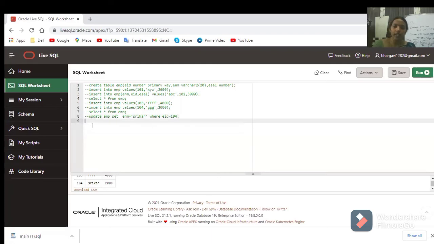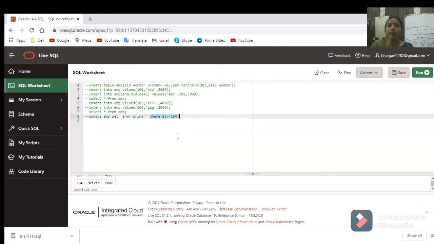Now, here we have different kinds of salaries for all employees: 3,000, 2,000, 4,000, 3,000. If I am not writing the where condition, what will happen? Whatever update you are doing will be applicable to all rows at the same time. However many rows you have, that many rows will get the name Shrikar. So, you must specify where you want to modify.